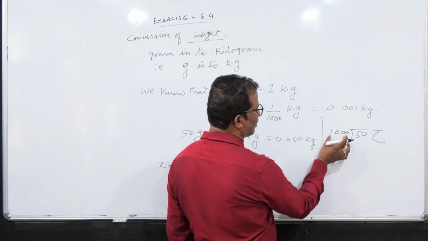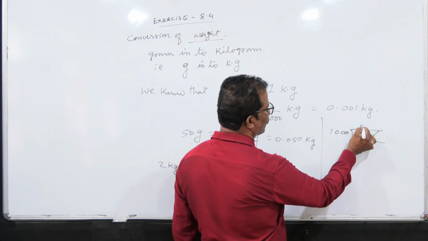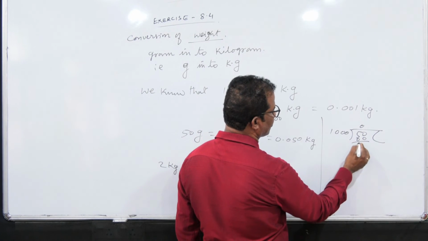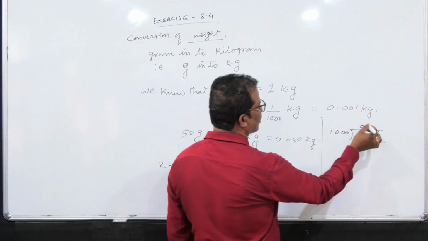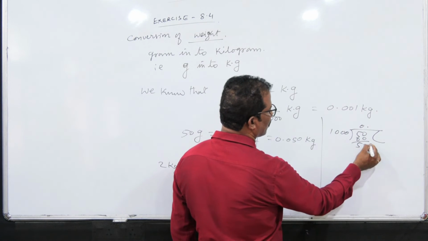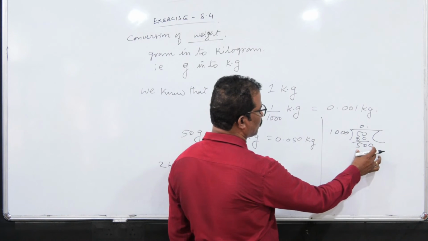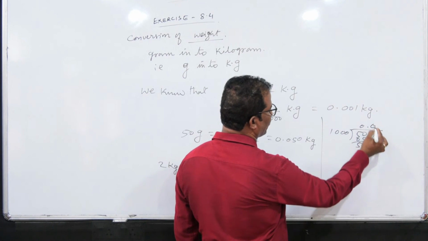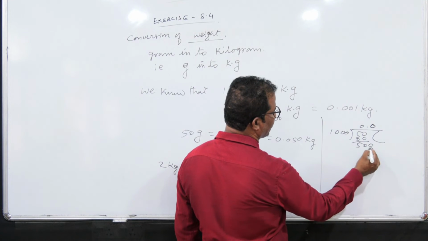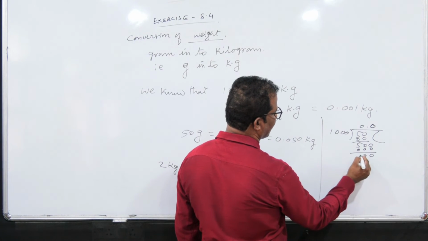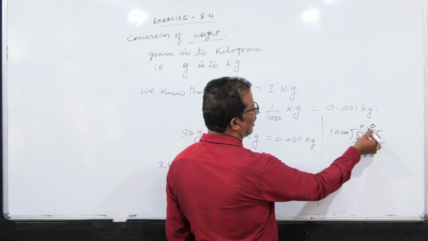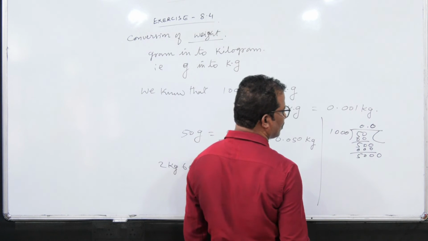How it is, you can see 50 divided by 1000. It is a 2-digit number, and 1000 is a 4-digit number, so that is smaller. So we can go by 0 times. Again 50 only, we can put a point here. For this point, we can add one more 0 here. Still it is smaller than this. So again we can do by 0 times only. That means again 500 is remainder. And for this point we can add 1 more 0 here.